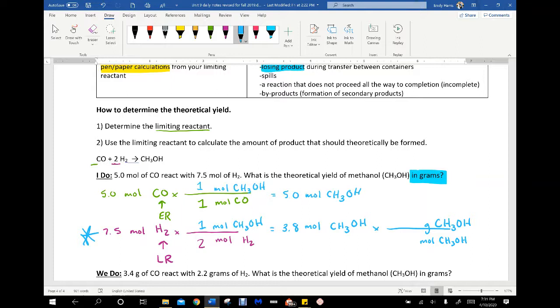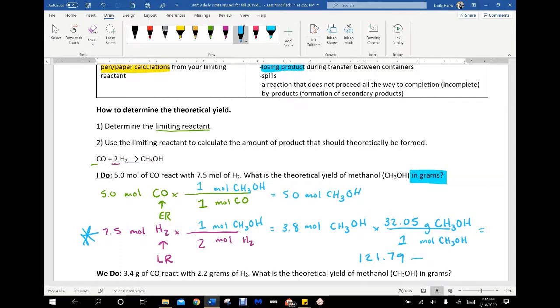I would add up 1 carbon, 3 hydrogens, 1 oxygen, and 1 additional hydrogen to get 32.05 grams, and that's per 1 mole. Then I plug that into my calculator, 3.8 times 32.05 divided by 1, and that gets me as an answer